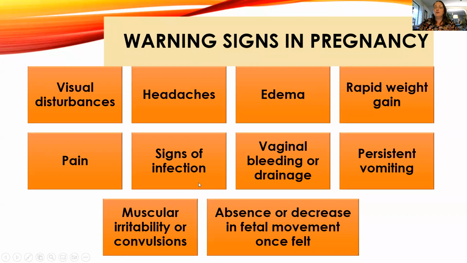And here are those warning signs. You're going to want to commit these to memory. At this point, you don't know why these are warning signs, but as we continue through the course of the next couple of weeks, you will know why they're warning signs. But for now, I just want you to know visual disturbances is seeing spots or feeling like you're losing your peripheral vision, or everything getting dark on the sides, or seeing sparkles in front of you. Headache is a headache that doesn't go away with Tylenol, usually a persistent frontal headache,